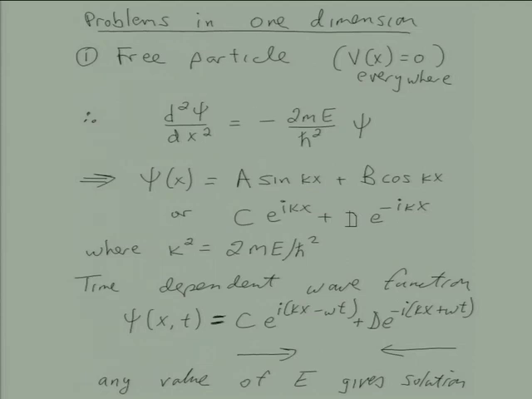So hopefully that's something you've seen before in a class in differential equations, that you're looking for a function that has the property when you take the second derivative, you get the function back with a number out front. And so if you think about it, those are sines and cosines. Or if you like, they're e to the i x's and e to the minus i x's. So the solution is a function of x, where k is a number we'll discuss in a second,